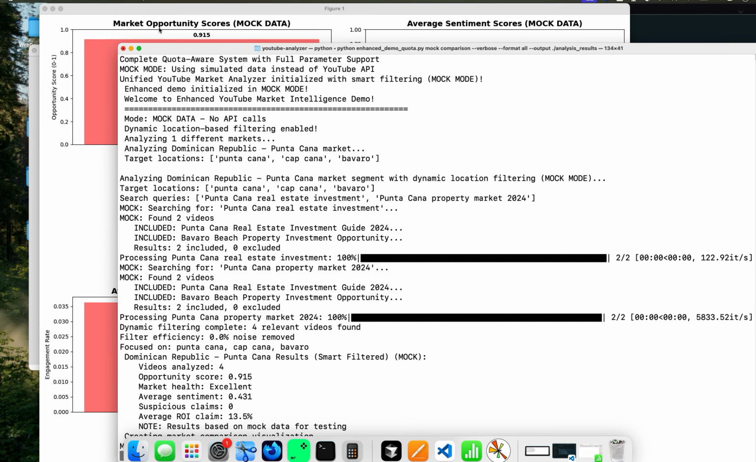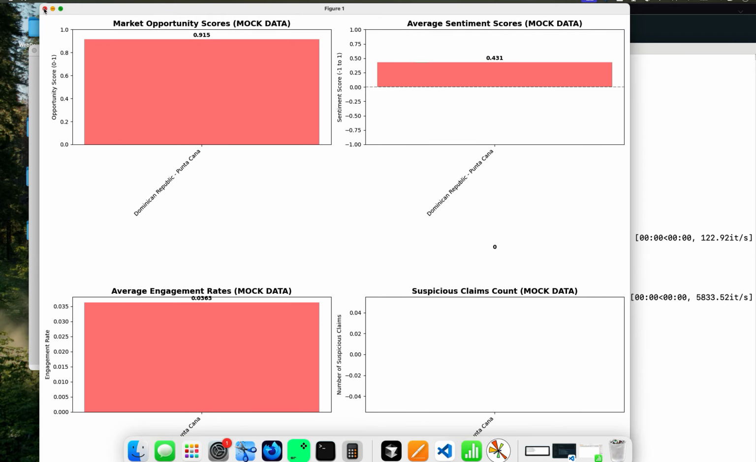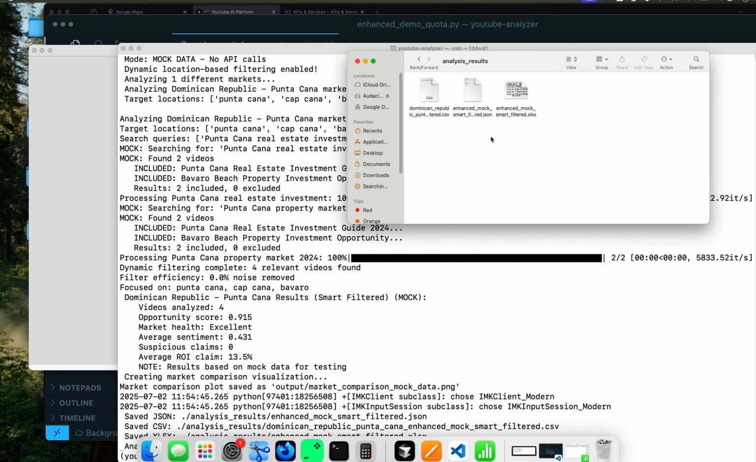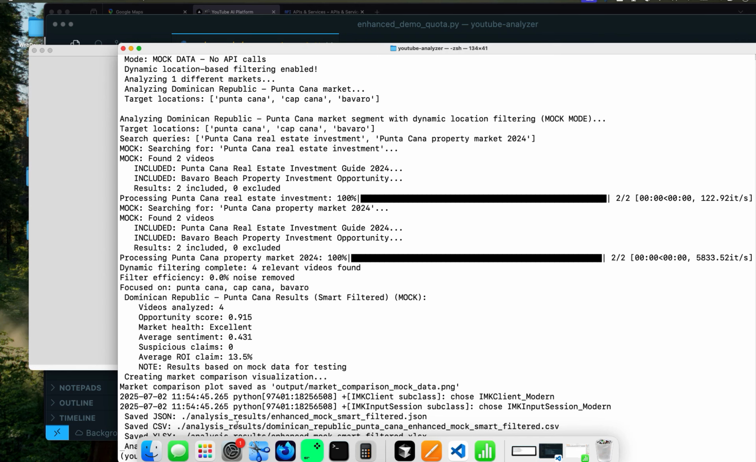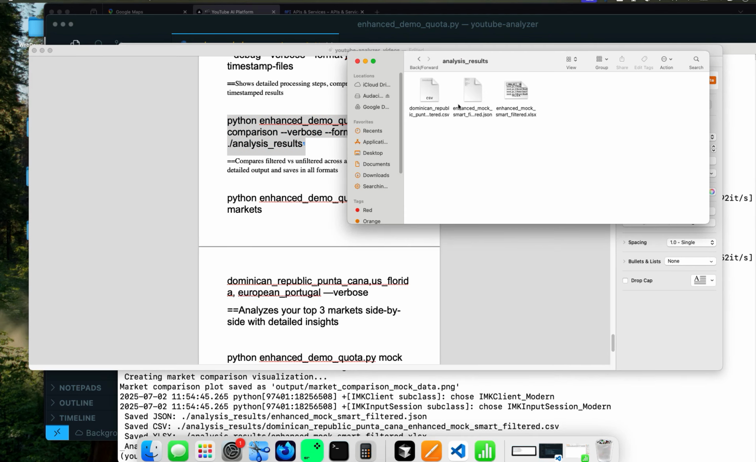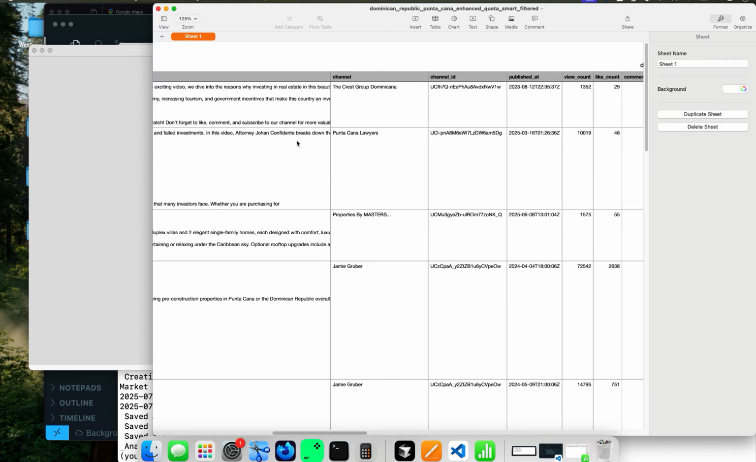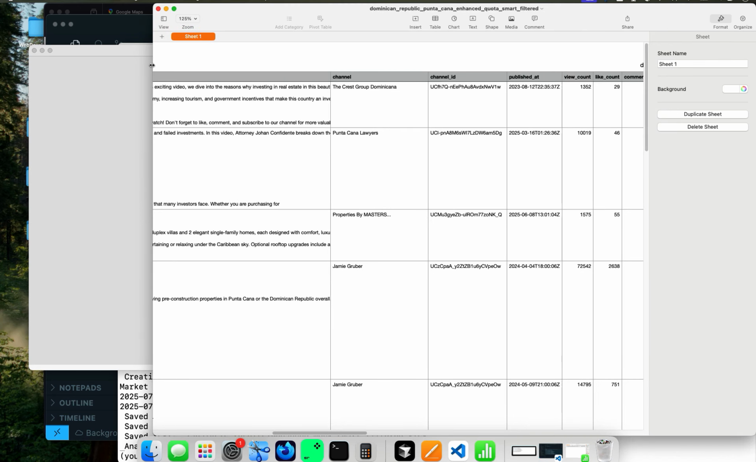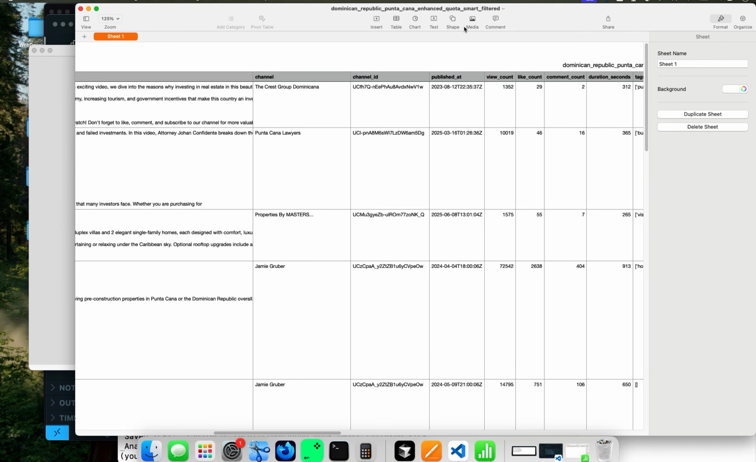And now same thing, it still used mock data. We close it and you see that it was saved. Now if we check that directory, analysis results, I guess it just replaced whatever was there. I think it overwrote whatever was there already. It created an Excel file. As you can see, it's got all the stuff that we added, and it's got the other stuff from